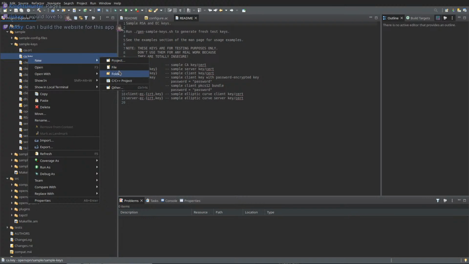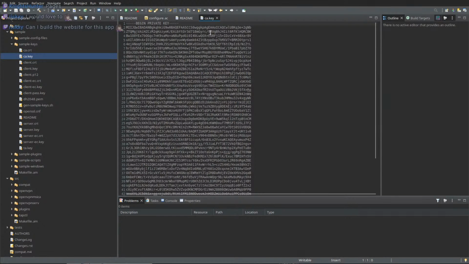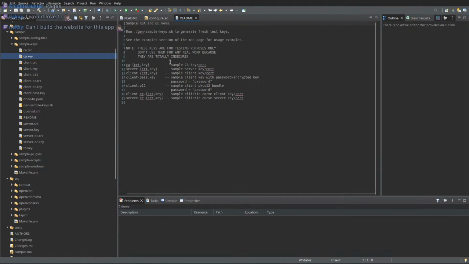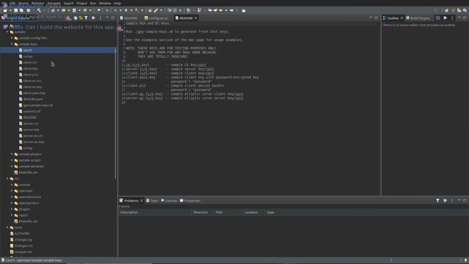So key. Don't remember. There should be. Oh, this is the private key and the certificate part. So there are two parts to the certificate when you issue it. It has a public part and the private part. And the private part is used to encrypt a message or part of it, so it can be verified on the other side, if it was actually signed with it. That's how you use the public key.